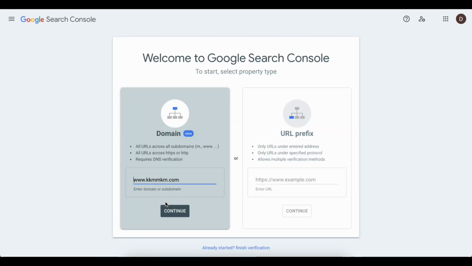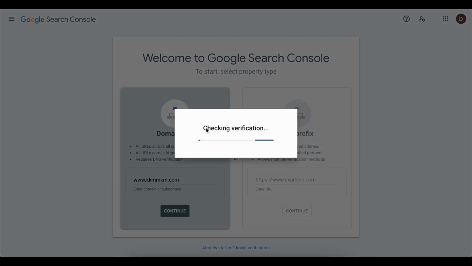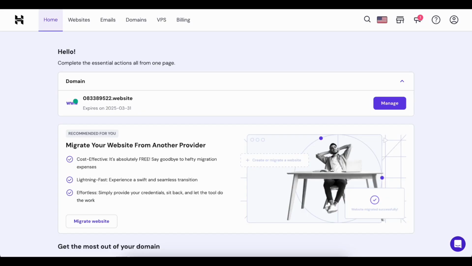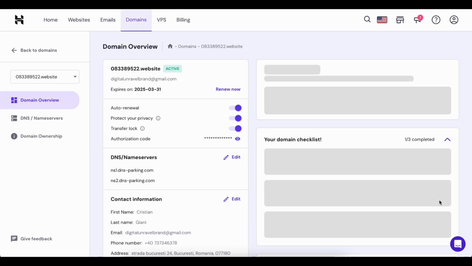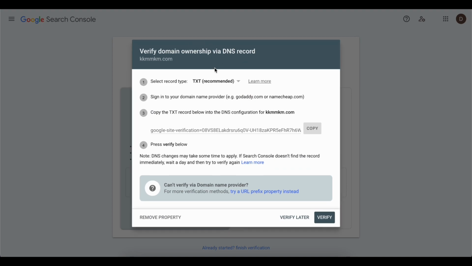Then what you're gonna have to do is simply click on continue, and then we're gonna have to basically add some records to Hostinger. So we're gonna have to simply wait until this loads up, and then what you're gonna have to do next is simply go to Hostinger, and after you log into your account you're gonna have to go to domains and then click manage next to your domain, and after that go back to Google here and